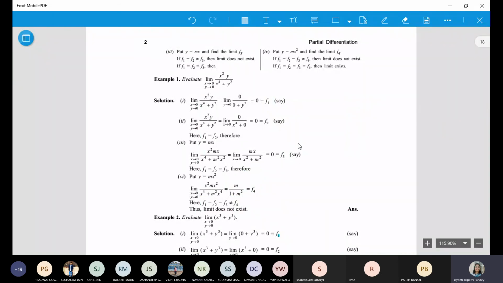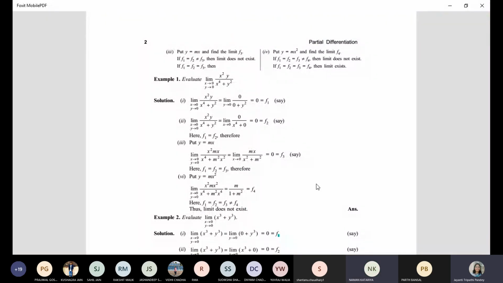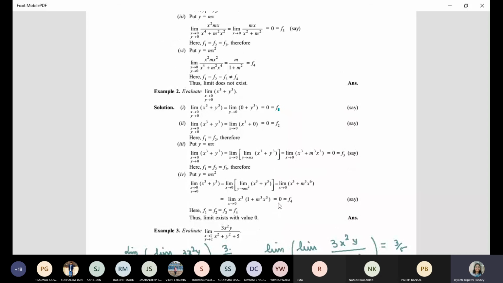Excuse me, ma'am. So, ma'am, we have to continue until the limit does not exist? No, you have to find till f4. Ma'am, if there will be no m, then it exists, and we have to proceed? Yes, then you will write: if there is no m and the value is equal to f1, f2 and f3, then it is okay. Then the limit will exist. All right? You can check the next one. So, ma'am, we have to do at most 4 steps.